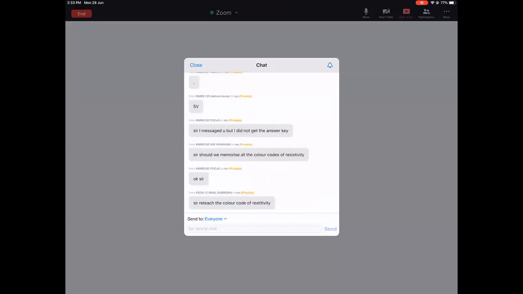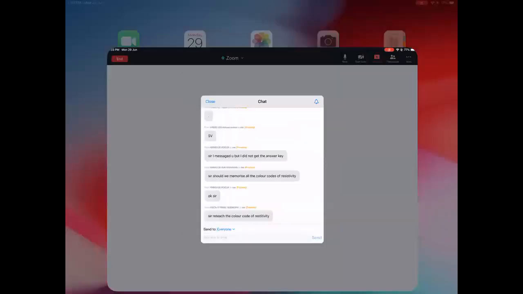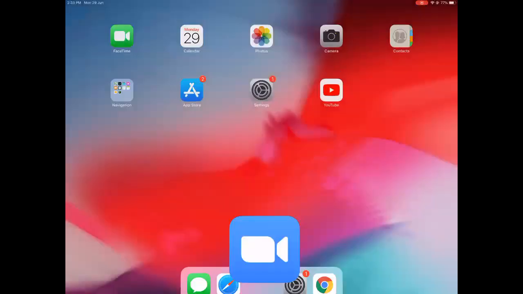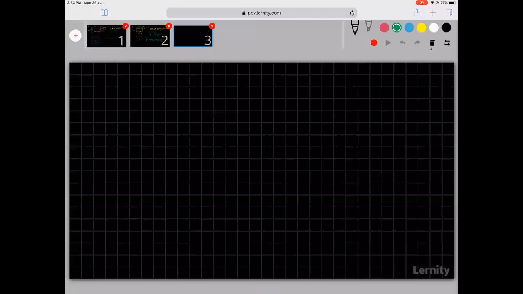The color codes, you don't have to learn them or work them out. The moment you go to the lab, they will tell you, with some mnemonics. Okay, so I think this is black, blue, something. I don't know the color code, so please don't ask me. You will never need it. I have never seen questions in JEE or in NEET exam based on the color codes.